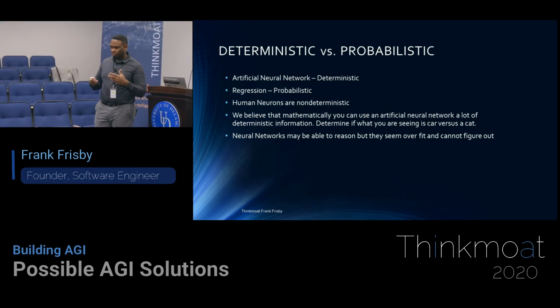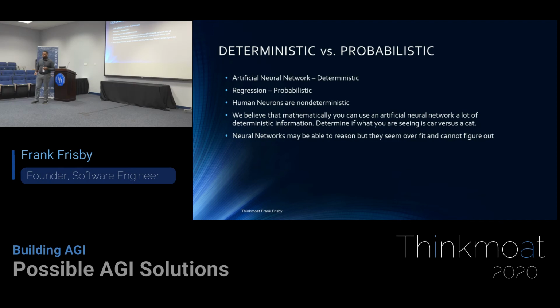So for example, I mentioned all the different neurotransmitters that are in the brain. You see how they flush down from one neuron to the next? That's not always the same way. Things change. And that can be based on emotion, feelings, different types of chemical reactions that are happening. All that happens in humans but is not happening in artificial neural networks. That creates a whole different non-deterministic system.